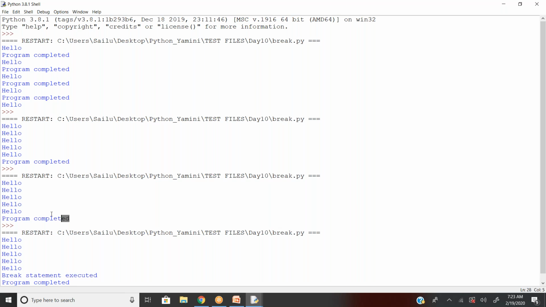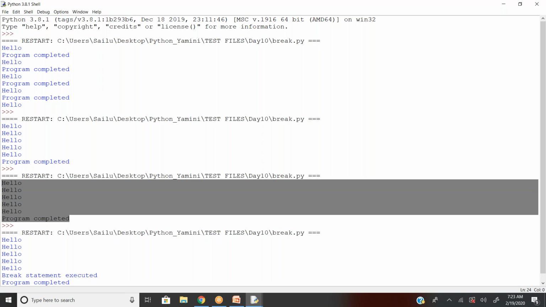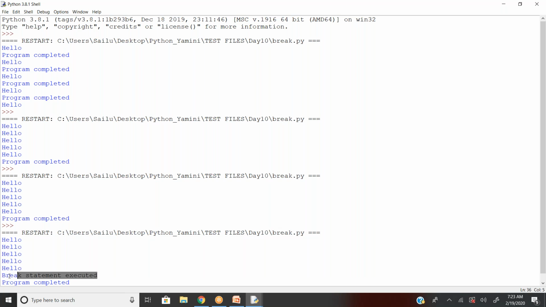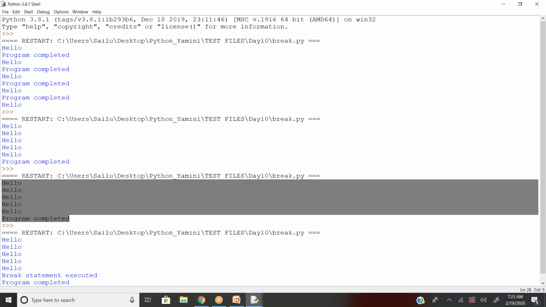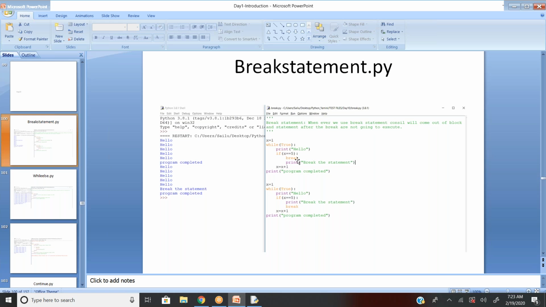Did you find the difference between this one and this one? In this one, the print statement is applied after the break statement, and in this one, the print statement is applied before the break statement. That is the reason you can see the print I wrote here is displayed. Since the print statement in this scenario is applied after the break statement, it's not executed. You got the difference, when to apply and when not to apply? Yes, sir.